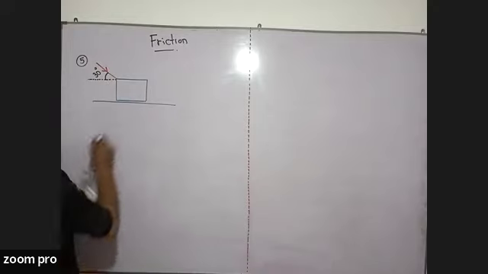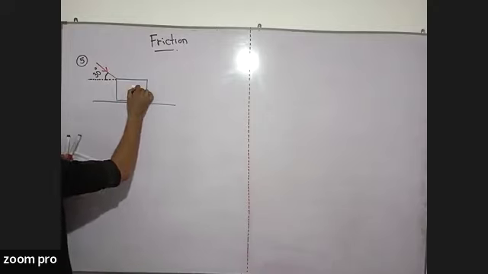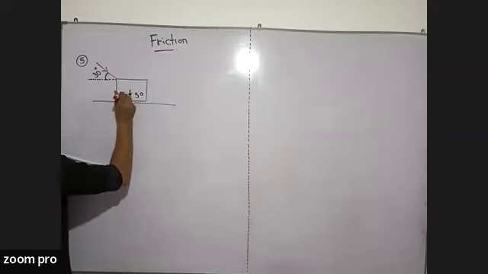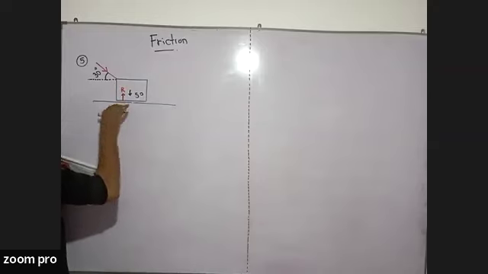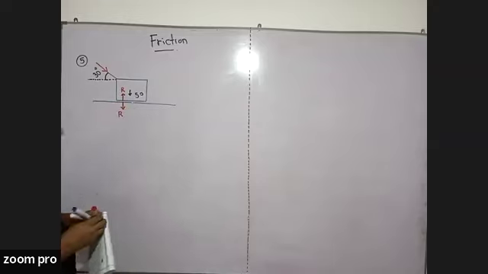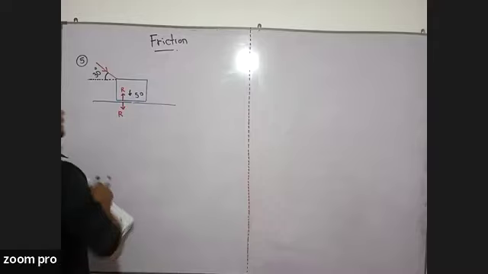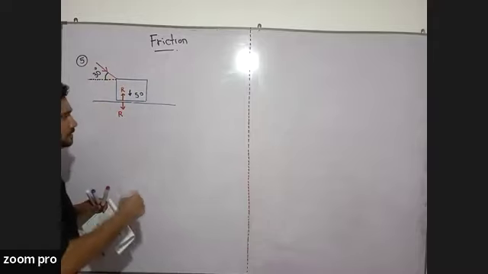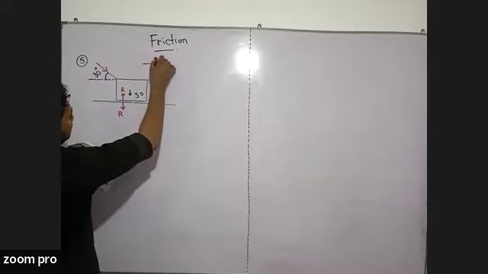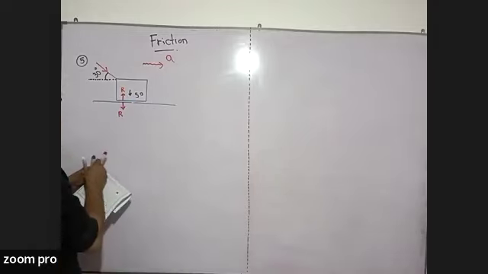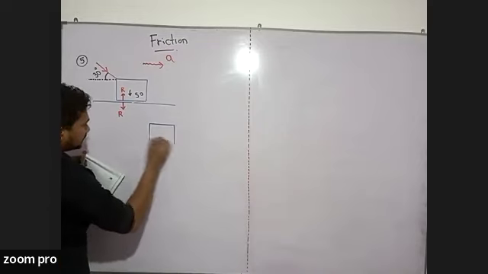so let's mark the forces exerted on this object. First of all, we have to mark the weight of this object, which is 50, and these two surfaces are in contact. So there's a normal reaction exerted on this object from the surface, and according to Newton's third law, an opposite force is exerted on the surface, right? Then now we have to calculate the acceleration. By exerting this force in this direction, the object tends to accelerate horizontally to the right side, isn't it? So what we have to do is resolve this 60 Newton force vertically